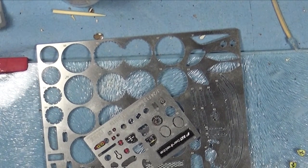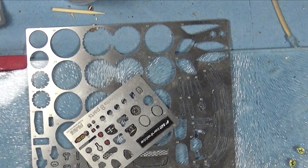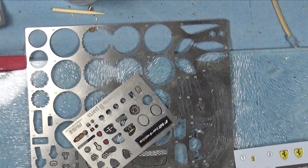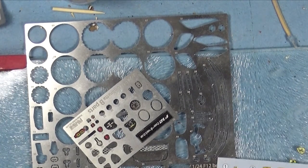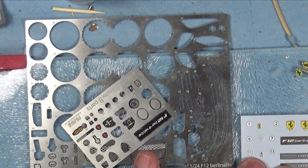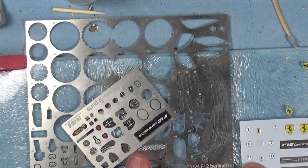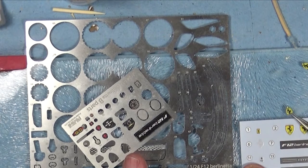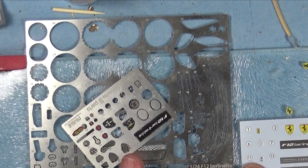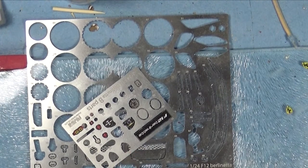I think I actually am going to go with the decals for the badge, for the side badges. The reason being is I think the photo etch ones are a bit too small. So if you see them there, here's the decal, here's the photo etch piece. To me it looks too small. I looked at it on the car and yeah, it looks too small for me. So I saved those for something else. So I'm going to go with the decals for the side, but